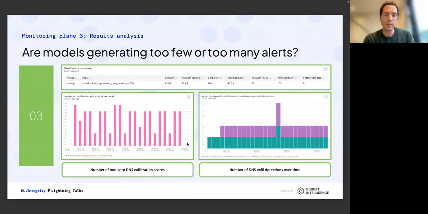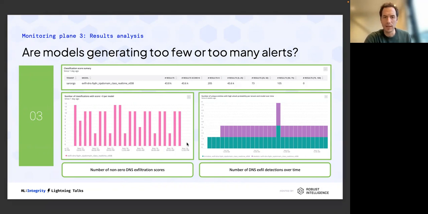And finally, perhaps the most intuitive one is whether the models are generating accurate results. While we cannot get feedback on every single alert that we generate, it is still possible to model things like the score distribution, right? If these models are supposed to find needles in haystacks, we could easily identify whether a model is finding